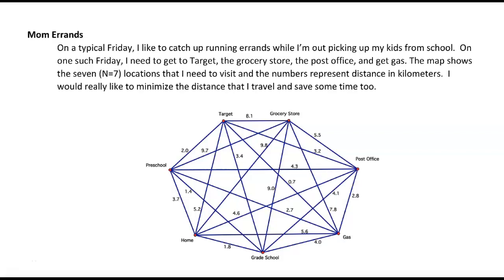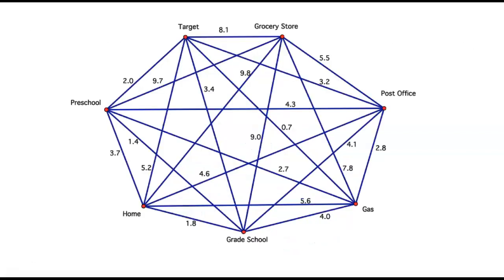Let's handle this traveling salesman problem with the cheapest link algorithm. With the cheapest link algorithm, we simply begin by scanning the entire graph and find the edge with the smallest weight. In this case, each edge is labeled with the weight of distance traveled in kilometers. And when we look over the entire graph, the smallest number we can find is 0.07 between Target and getting gas. So we want to choose this cheapest link.